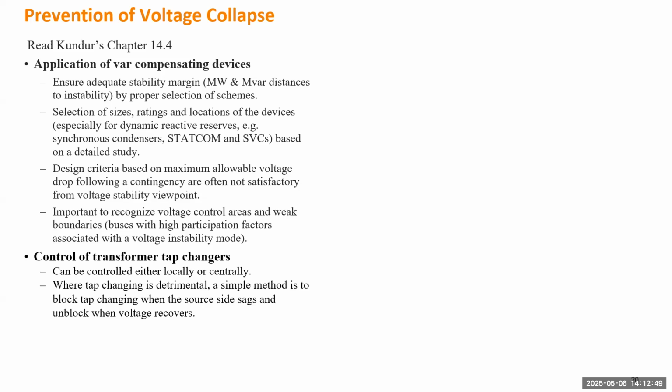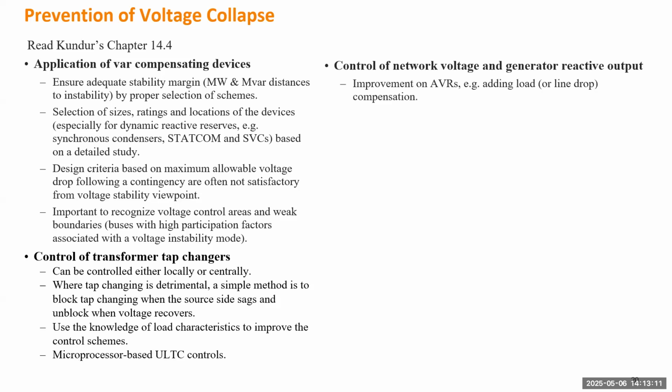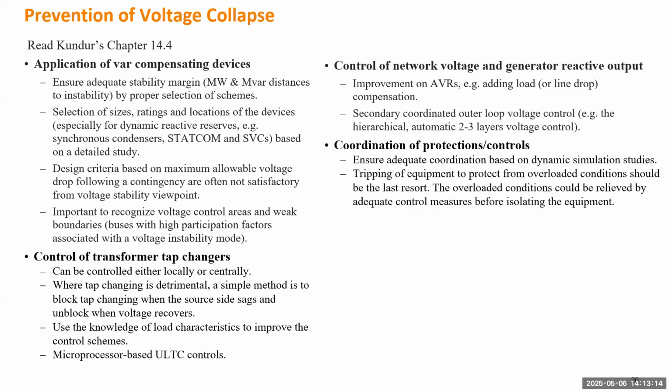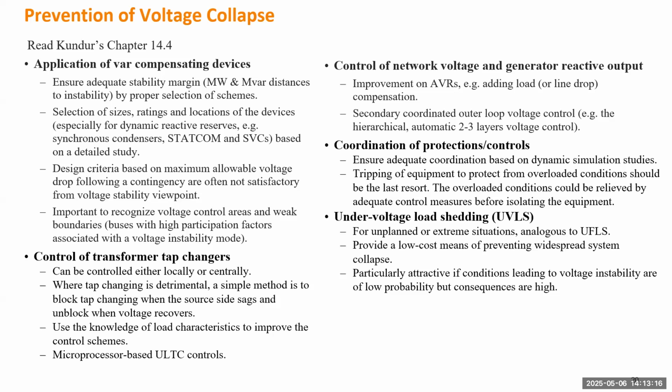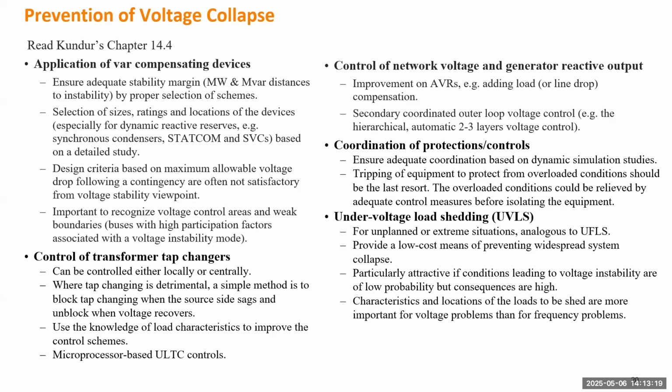The tap changing transformer is a very critical cause of voltage collapse. Because a transformer is not a VAR source, it just borrows reactive power from the primary side to the secondary side, so it doesn't help improve voltage, especially when the load is very high. So usually operators do disable the tap changing transformer. Okay, and voltage load shedding, similar to under frequency load shedding, is a very effective way because it directly reduces the load. You push the operating point on the PV curve back